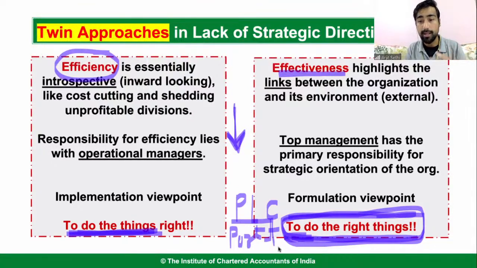So what you will do is, to do the right thing is analyzing what is the problem, and to do the things right, and you correct it, you become efficient in that. You create efficiency by doing things right; what you have to do in effectiveness, right? You analyze what is going wrong, right? This is the thing: I have to do the right things, I have to analyze the problem, that is the right thing to do. That is how you will be effective.